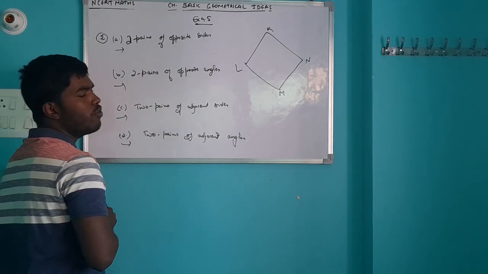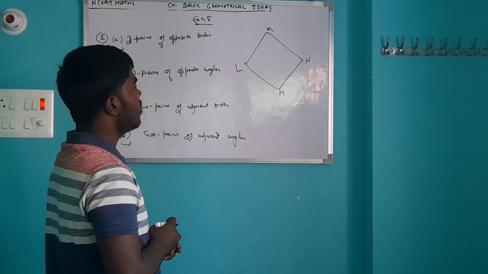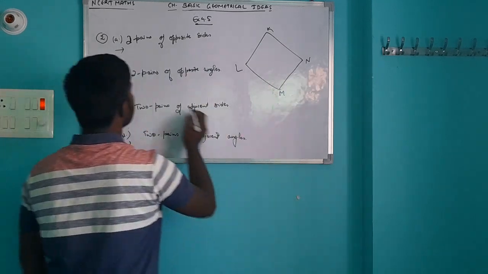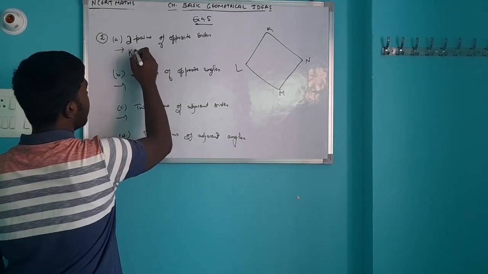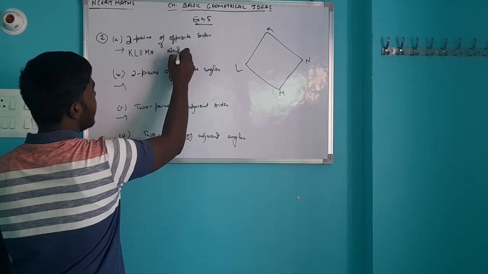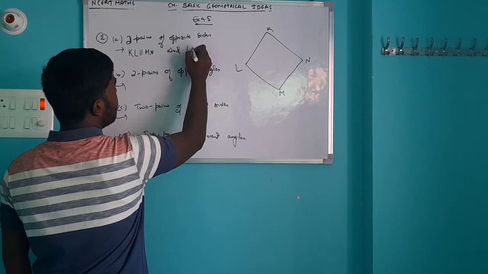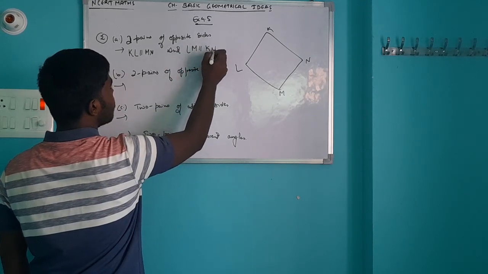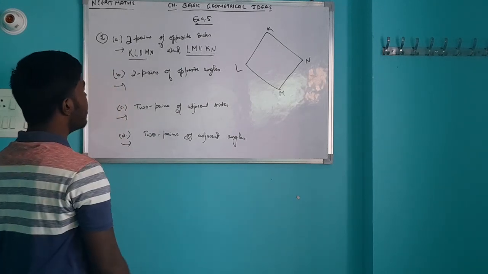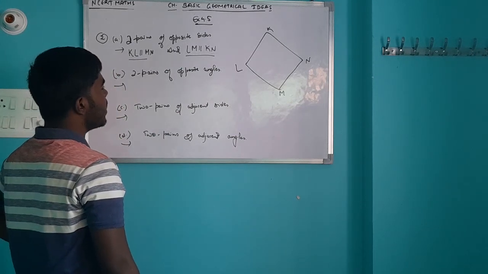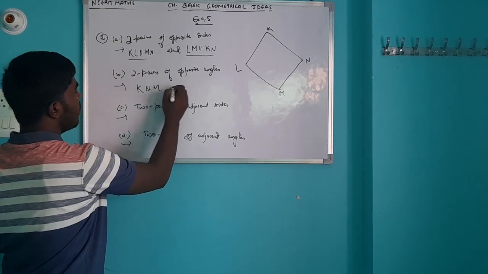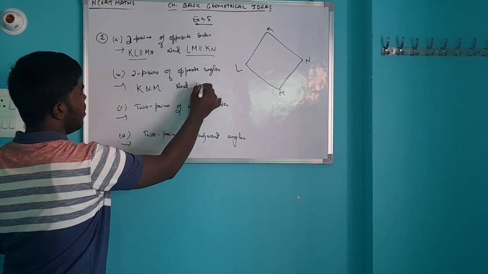In the first part, we need to find two pairs of opposite sides. We simply see that KL and MN are the first two opposite sides, which are parallel to each other. KL is parallel to MN, and the second pair will be LM, which is parallel to KN. So these are the first and the second pair of our two opposite sides. In the second part we have two pairs of opposite angles. Again we have the first pair like K and M and L and